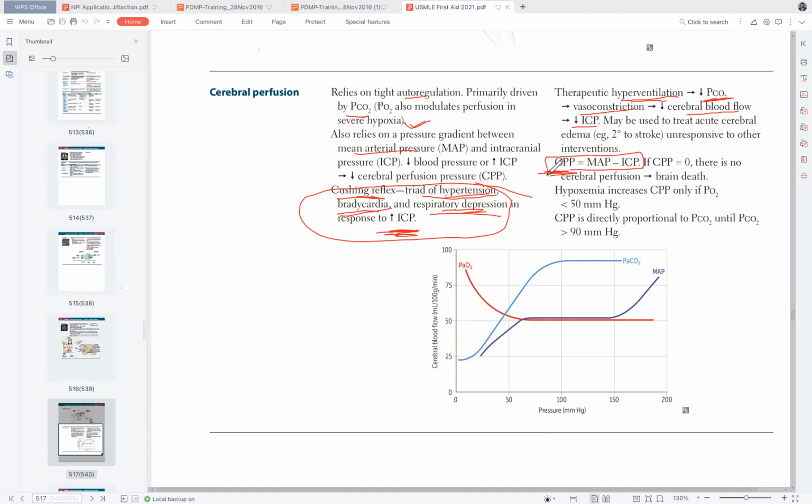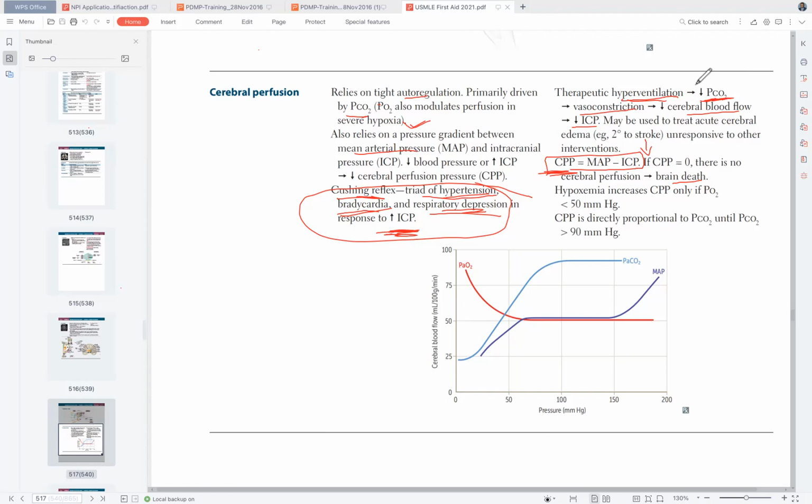Looking at the equation, yes. And if it is zero, then there will be no cerebral perfusion and the brain dies. Exactly. That's why they must not be equal. The ICP should always be less than the mean arterial pressure so that some blood can go into the brain. So we said this already: therapeutic hyperventilation lowers